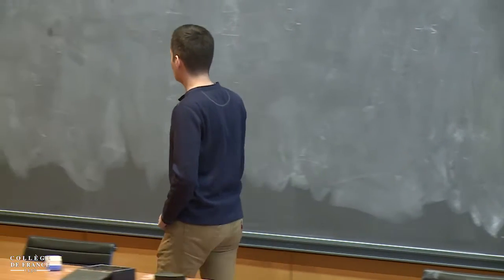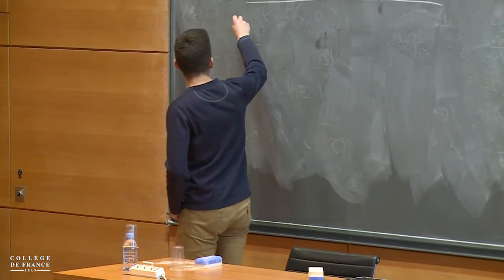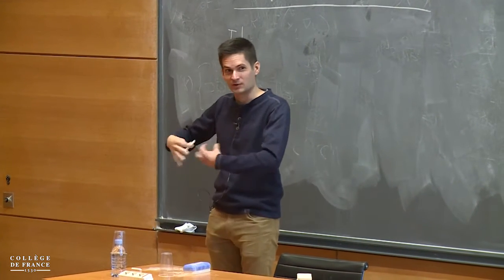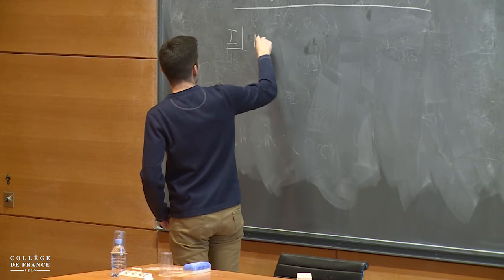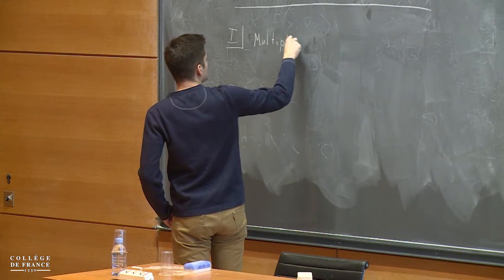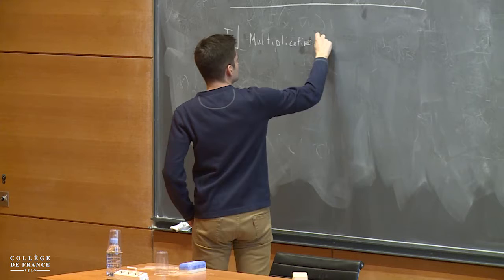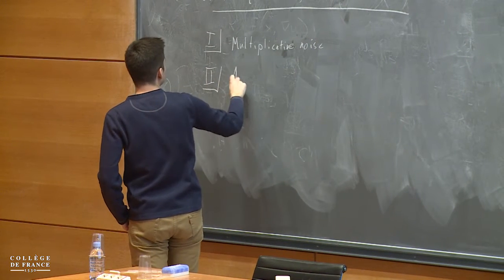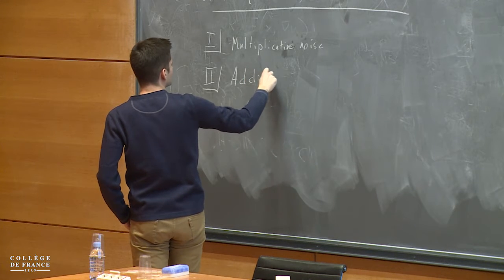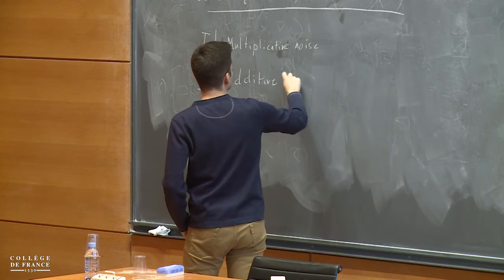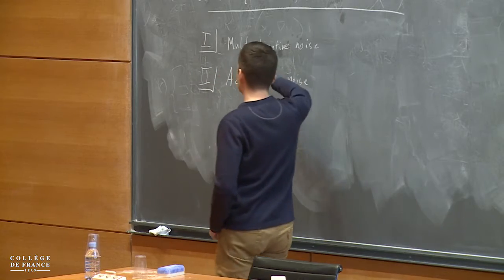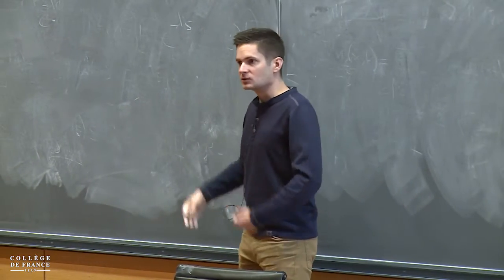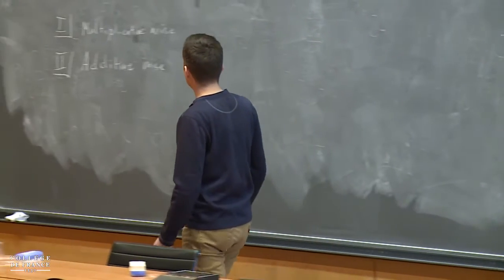So basically, there will be two main classes of examples here. The first is where the stochastic forcing or the noise is multiplicative in some sense. And the second will be additive. So I'll have two different sorts of results for these. And of course, I'll explain what I mean by these words. It will become more clear. So let me just dive right in to the first kind